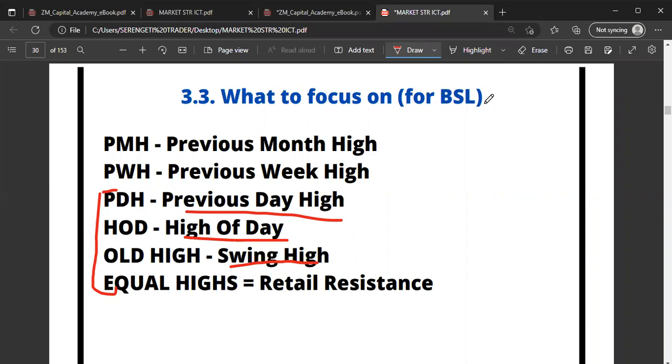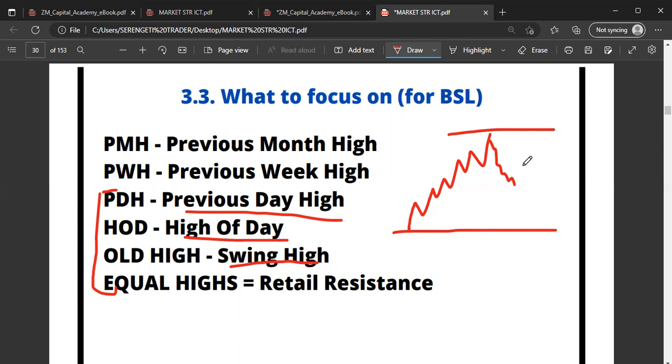I will actually show you on the live charts so that you may understand. Now we see the market here. Let's say this is our swing high and this is our swing low. Do you know swing high and swing low? So when the market takes out this swing high,